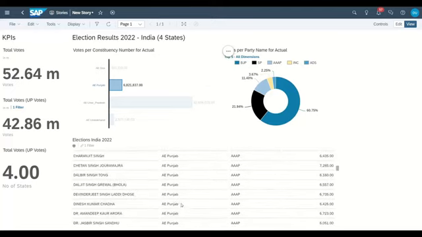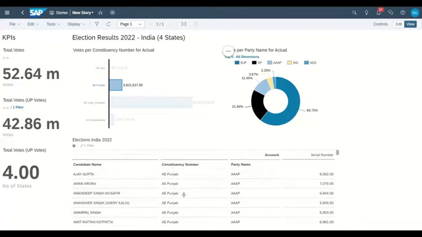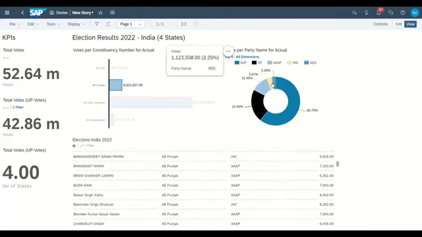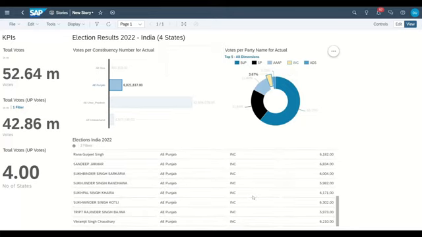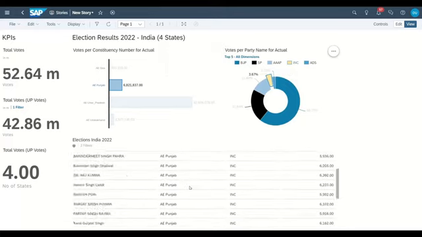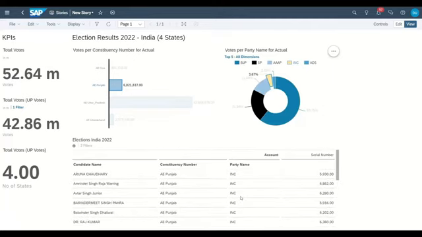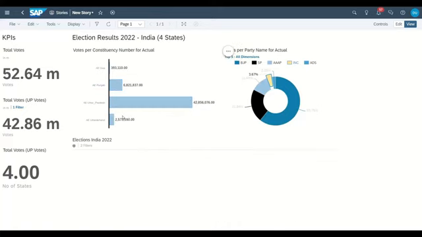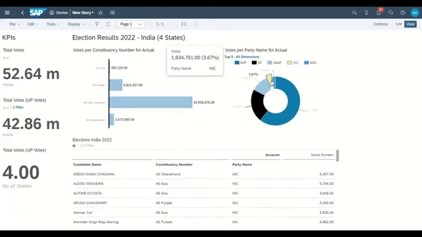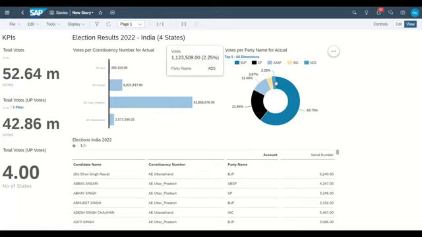Now within Punjab, I would like to go with Congress, all the candidates who won from the Congress side. We can further click on this and it applies a drill down to the same. And you can see these are the candidates who have got winning positions in terms of Congress in only Punjab. I just uncheck Punjab and I just select the total candidates coming into power from this particular party,